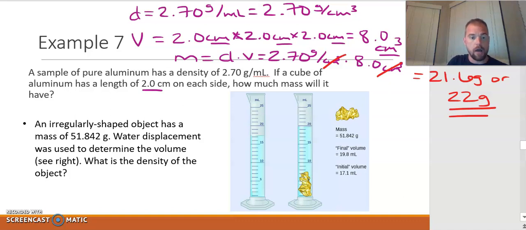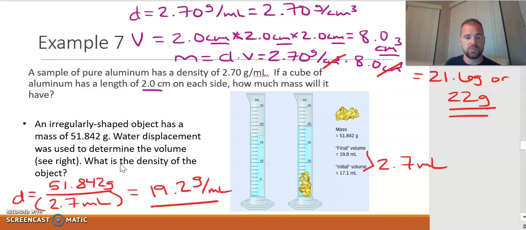All right. For the last question here, go ahead and pause the video and then hit play to reveal the answer. All right, for the last one, to find the density, we do the mass divided by the volume, which is the difference between these two volumes, to get a density of